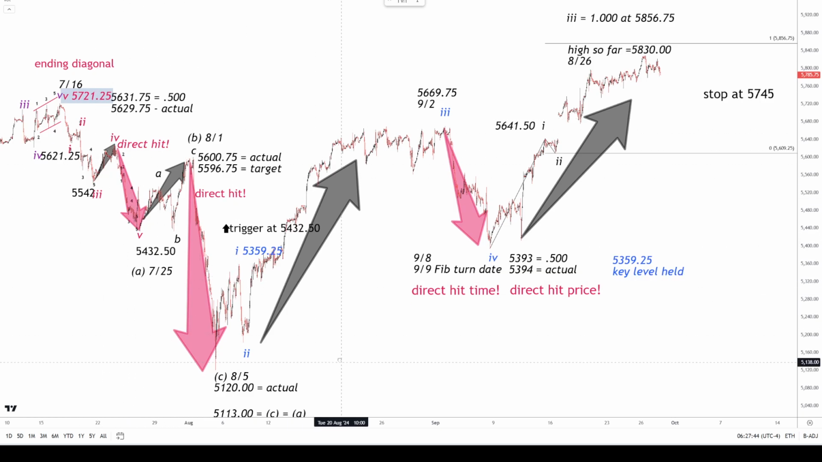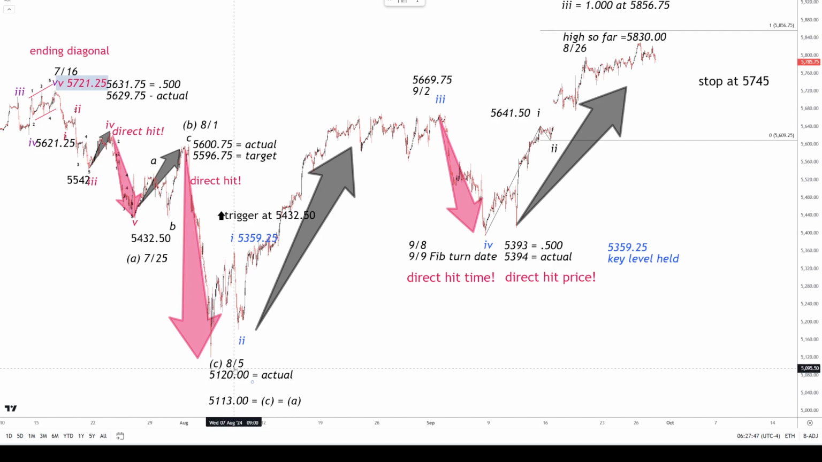We've got a 3-wave correction down here, and this was a key level here, 53.59. This 1 up in blue. Because we had a 2 down and a 3 up, and we had a 4 down, and this 4 should have held above the wave 1 high, and it did. It actually came within 1 point of a perfect 50% retrace, and within 1 day of our Fibonacci turn date, which we can get into more detail. So being able to call that wave 4 low within a day and a point enabled us to see this move up